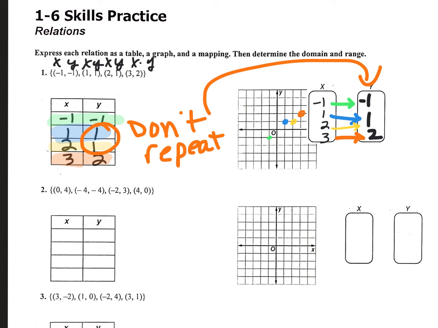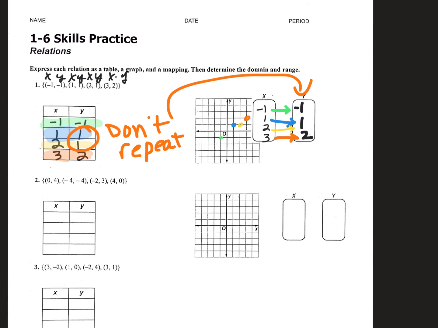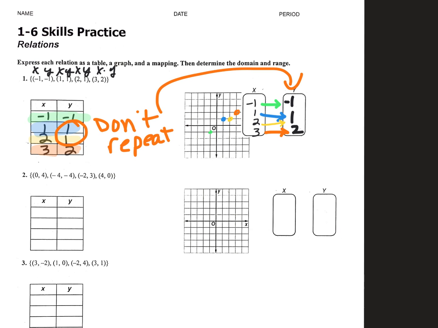Okay. So once you get to the second part, it says determine the domain and the range, okay? So we've got our table, we've got our graph, we've got our mapping. Okay, for the domain, which one's domain? We learned this yesterday. Is domain X or Y? X values. So you're literally just going to take your X numbers and you're going to put them in order